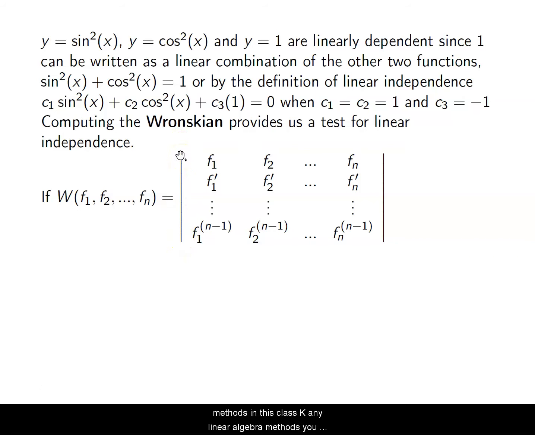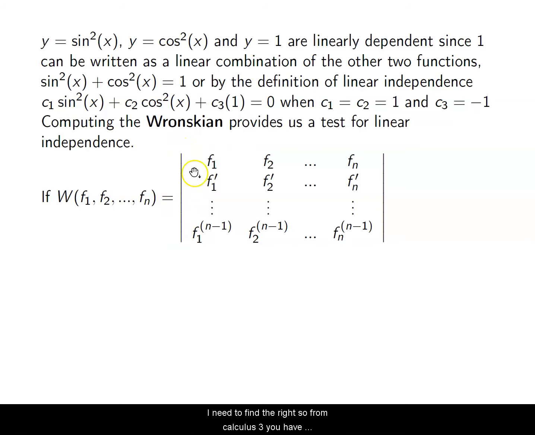Any linear algebra methods you know, you are allowed to use if you are taking linear algebra concurrently or have already taken linear algebra. That's fine. I'm fine with linear algebra. You do it whenever you can, okay? I love that class. It's wonderful. I love this class too. You guys are great. Anyways,